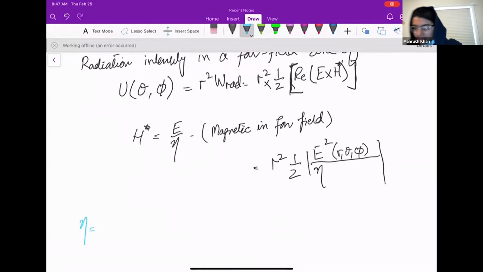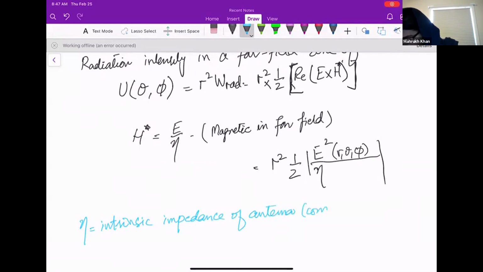So eta is a quantity that is called intrinsic impedance, and it's a constant. Okay, I don't exactly remember, but I think it's epsilon naught by mu naught or something like that. But we will come to that. Its value is 120 pi, but it's a constant value. It's an intrinsic impedance. Okay, and